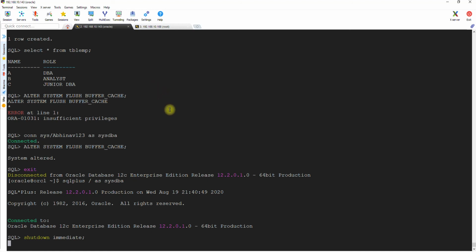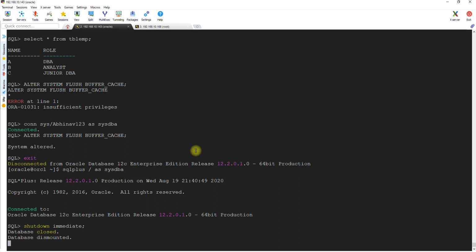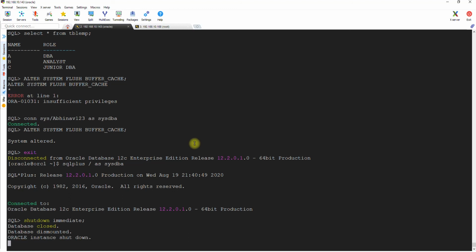So this is the first step which is completed. We verified. If you guys are trying to copy this same thing and make the same environment at home, it's good to do that. But if you don't create the table, it's well and good as well. Shut down the database. So validating is the first step and then shut down.